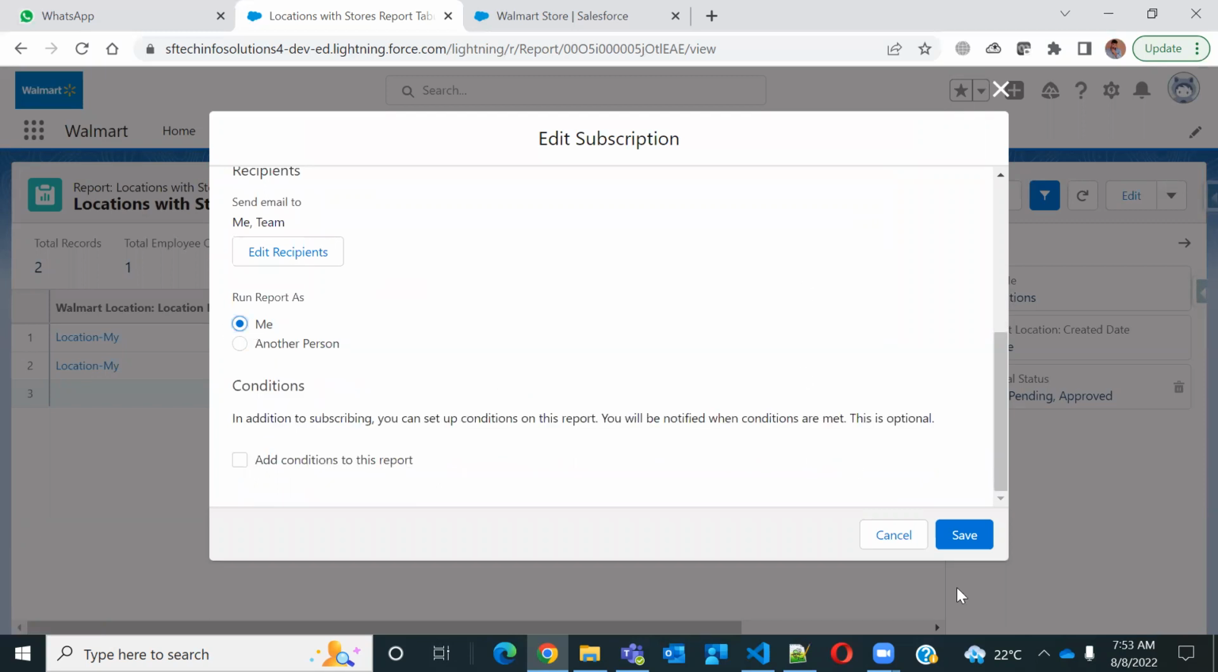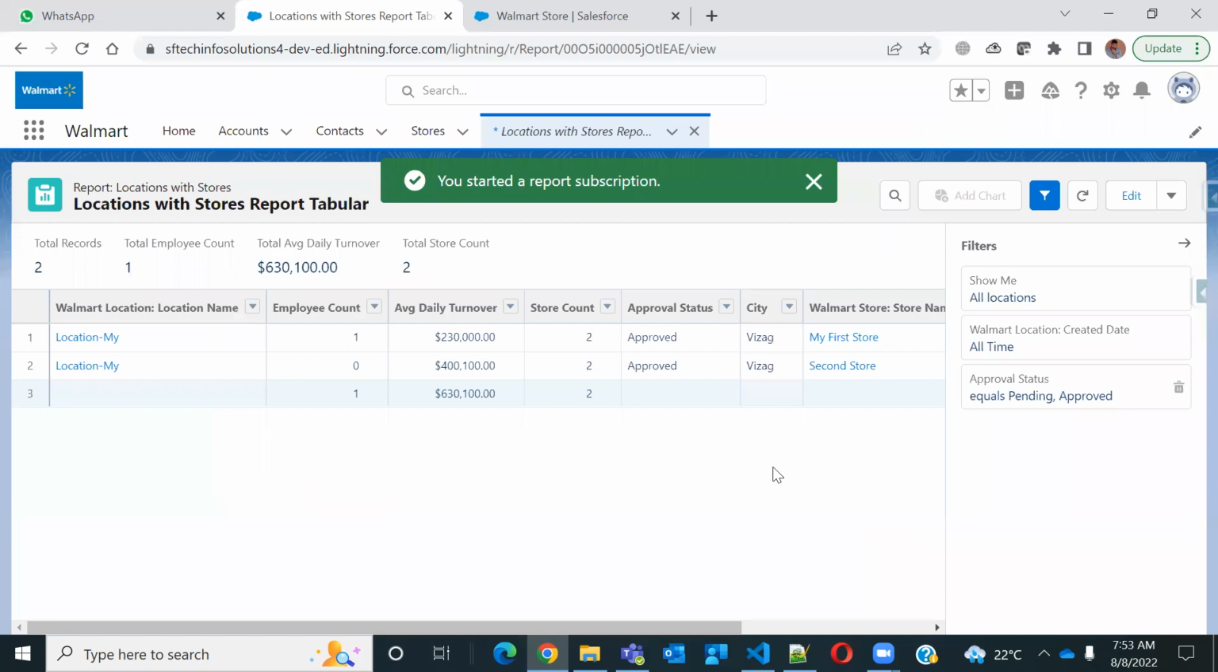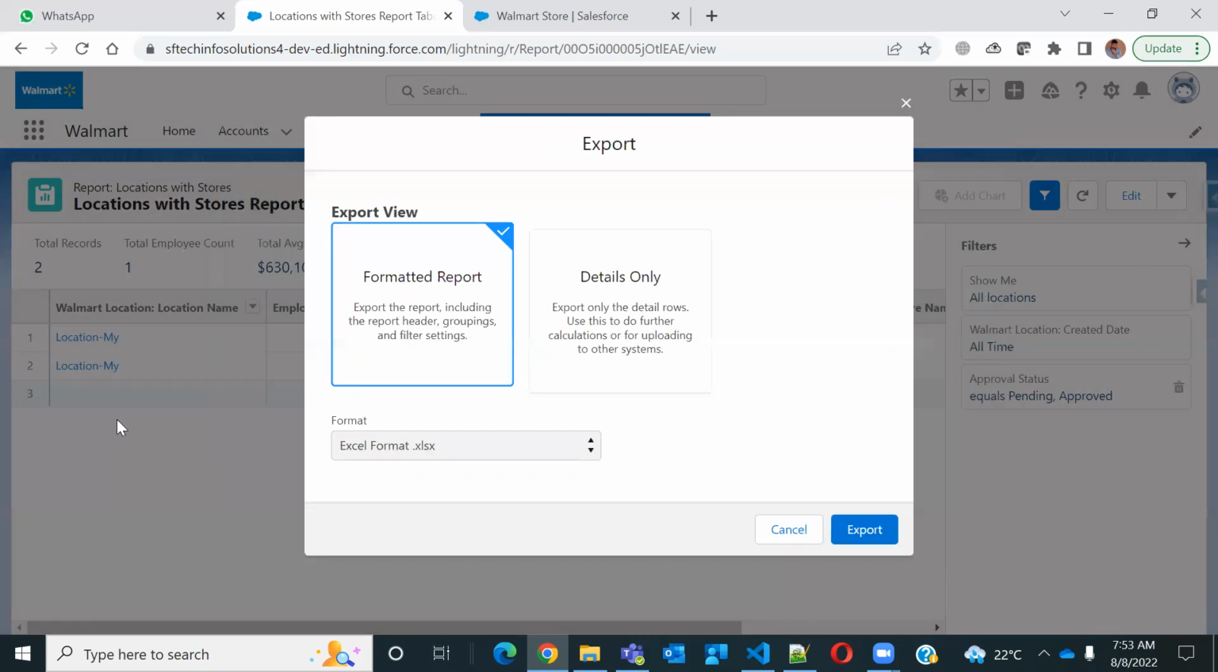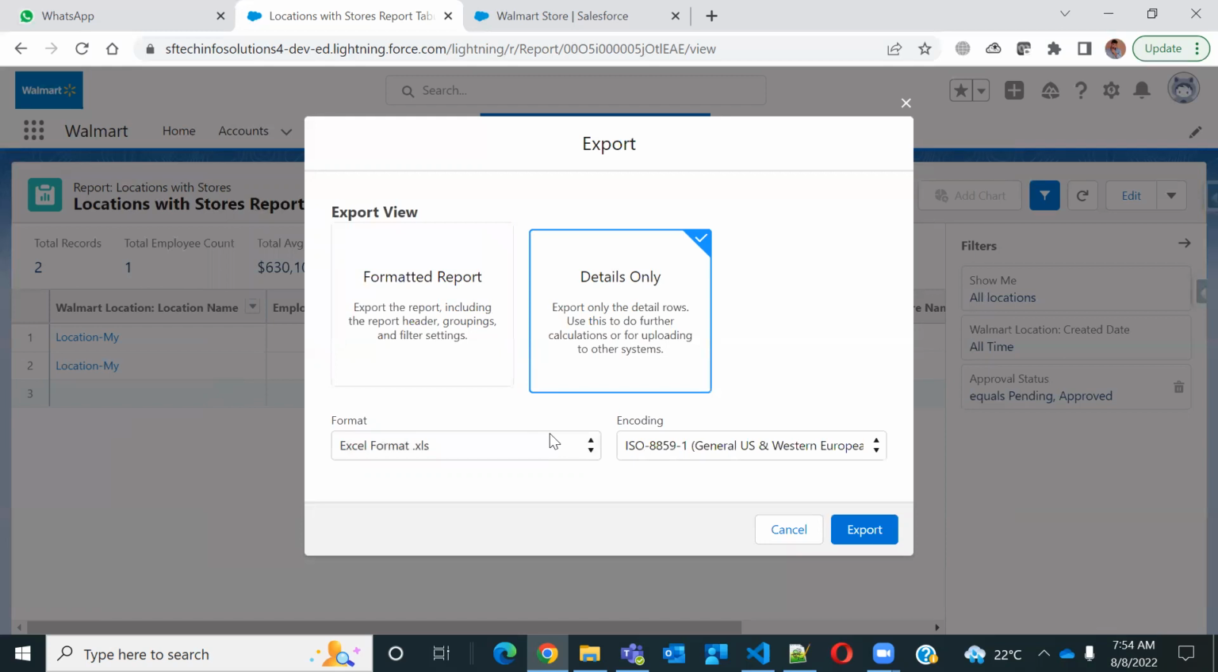Okay. So this report is now subscribed, so that without logging into Salesforce, you will get notified and you should be able to see the report in your email. That is the advantage of a subscription. Export: if you want to export this data in a formatted or in a normal form, whichever you like,